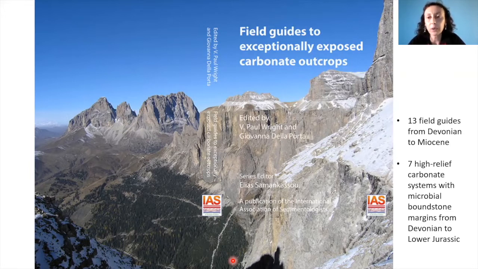This book collects 13 field guides to carbonate platform outcrops from the Devonian to the Miocene, and 7 of these case studies are well-exposed carbonate platforms with microbial boundstone at the platform margin. Therefore, it is a good occasion to have this presentation on this topic and also